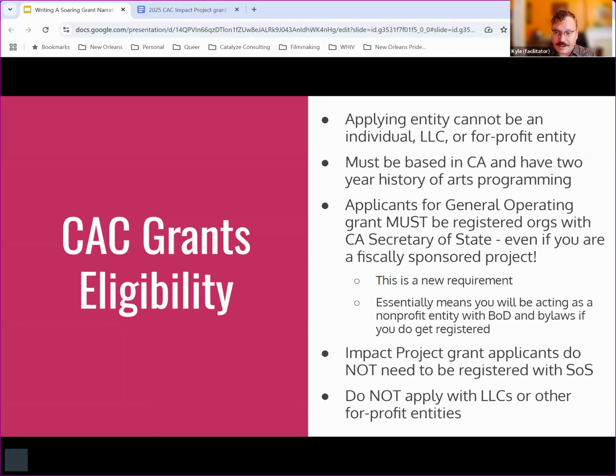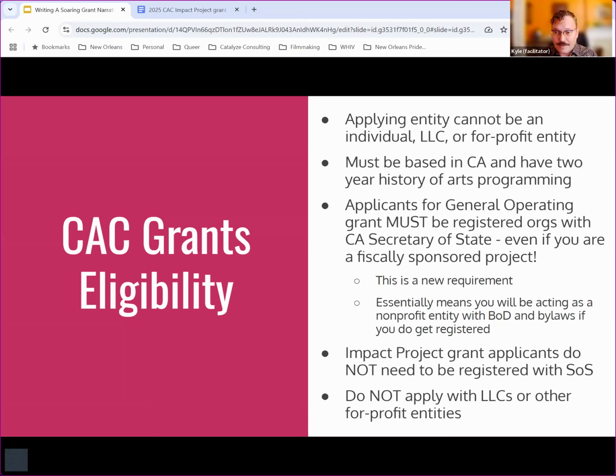Also, like we were saying, for general operating grants, you have to be registered with the California Secretary of State now. We did some checking in on that requirement, and impact project grants are fine if you are not registered with the California Secretary of State, is what they said. But for general operating grants, you must be a registered organization. Now, what does that mean?